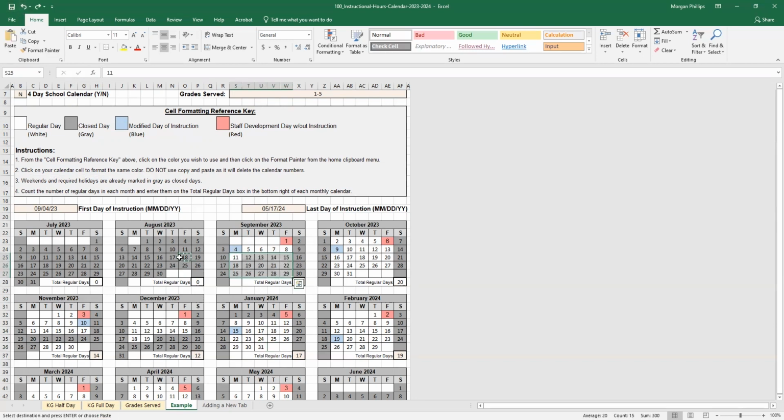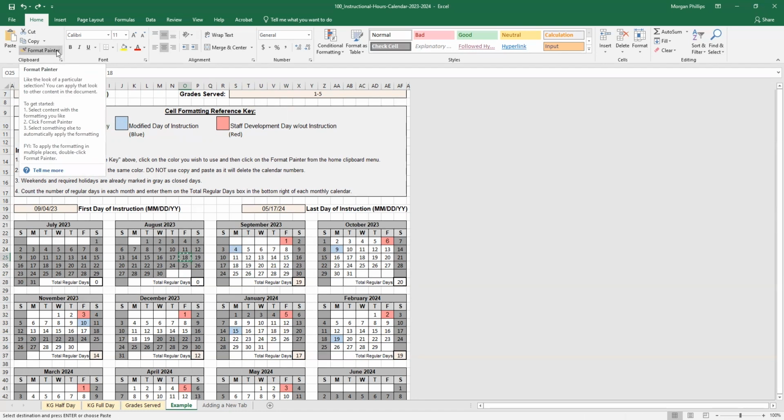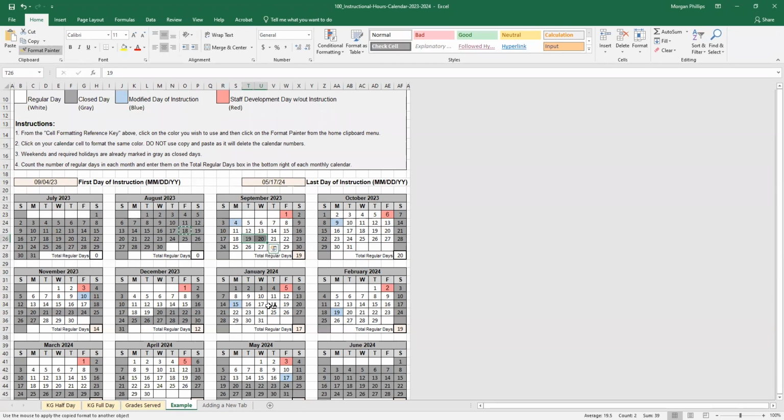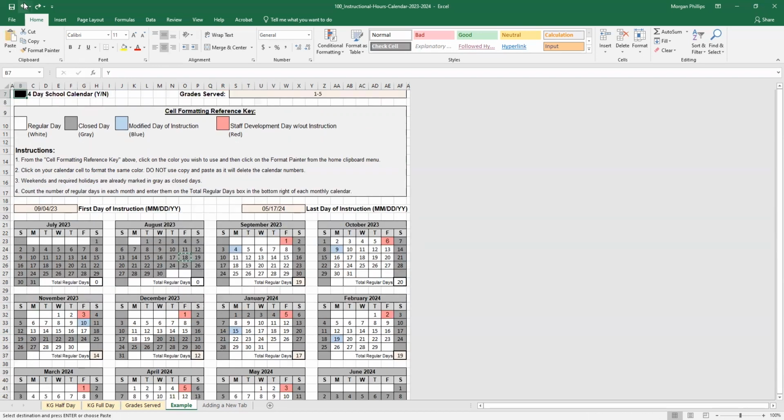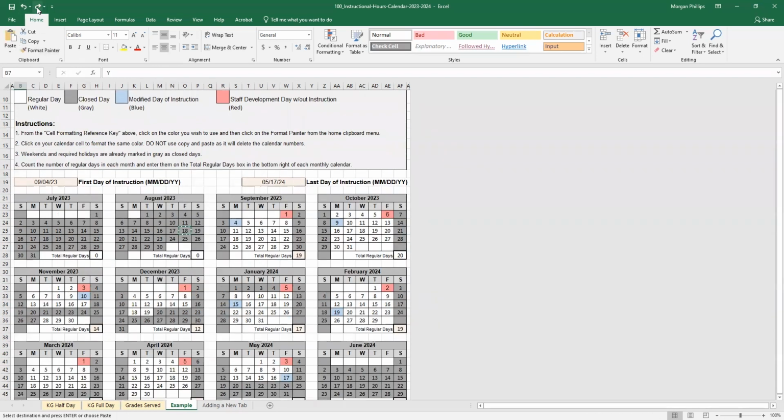The other option I have is, let's say I want to copy that date, but I want to do it for multiple sections. I can actually double click instead, and then I can do multiple different things at once. And it'll format all of it the same until I hit the escape button on my keyboard. So there's just a couple different ways to do that. Whatever you are most comfortable with is definitely the way to go.